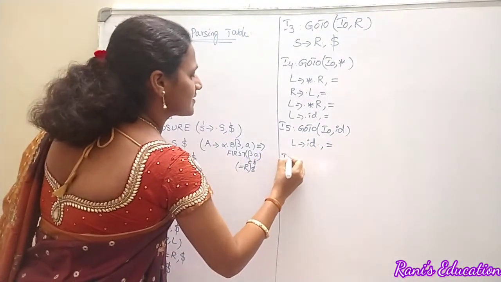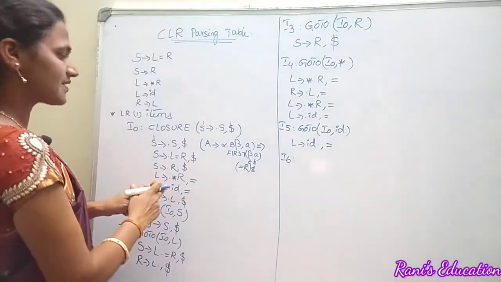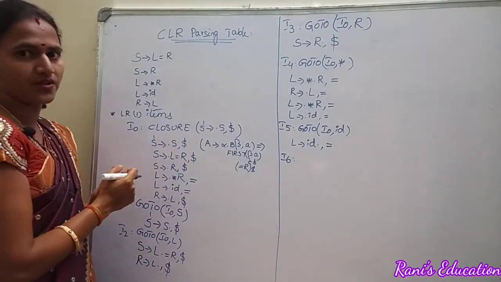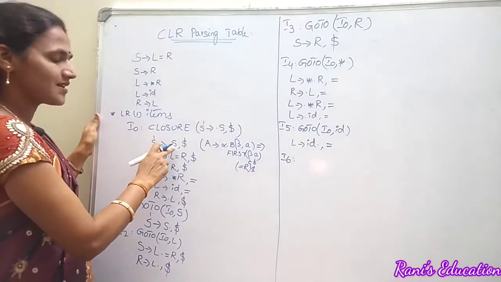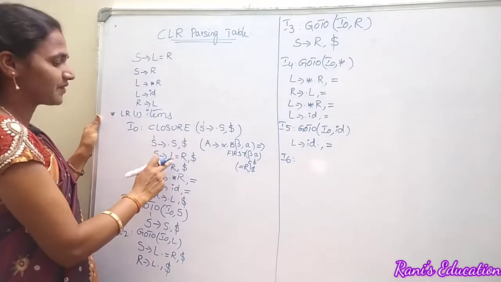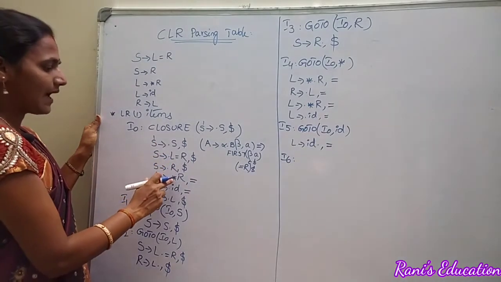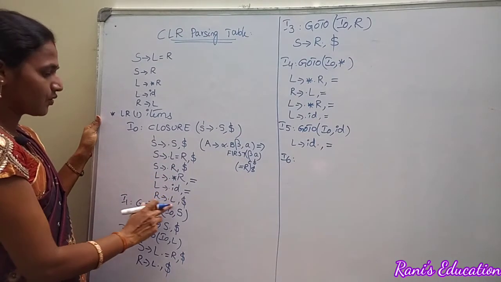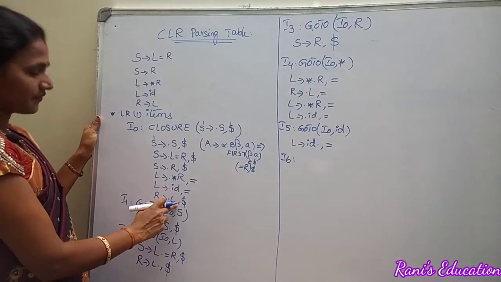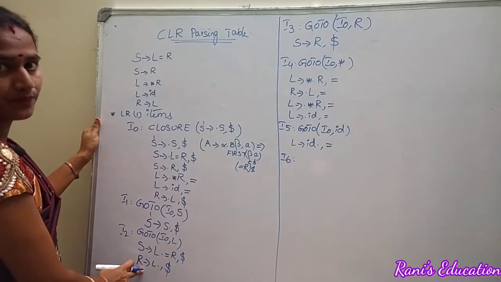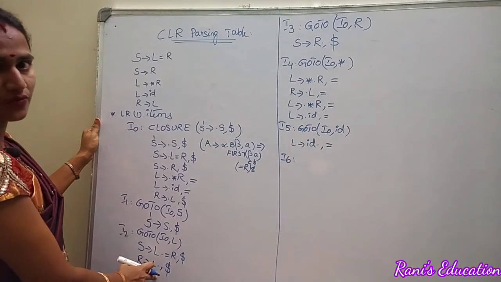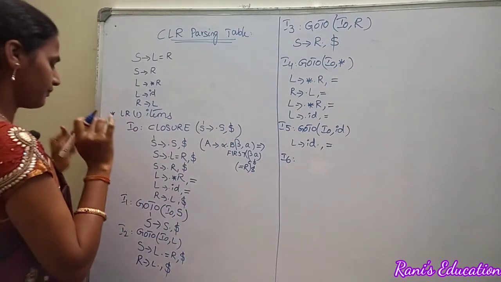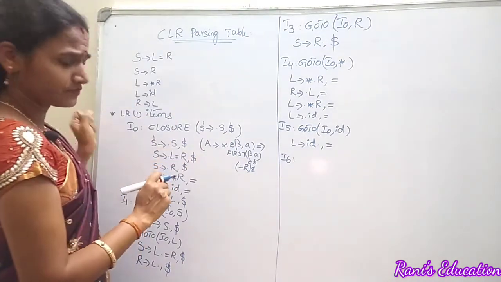Now you can see, are there any more grammar symbols left out which are placed at the start of the body of a production in I0? S is defined by creating a separate item, L is also defined for asterisk and ID. So what about this item? We have completed it in I2 itself, isn't it? No need to use it once again over here with a lookahead dollar. Clear? Now move up to next item.